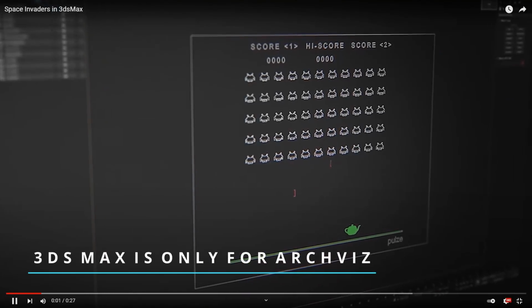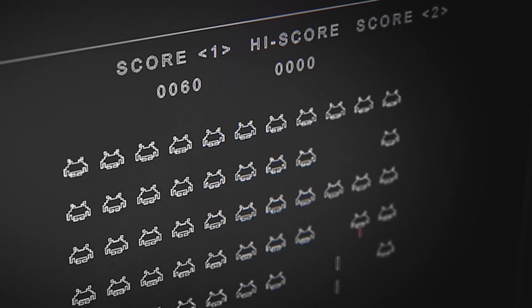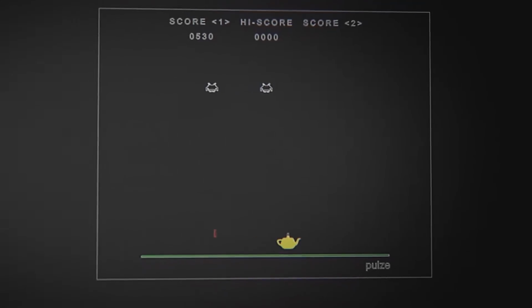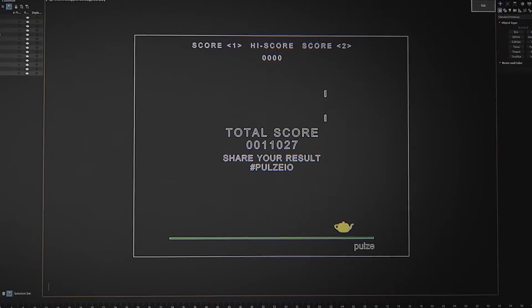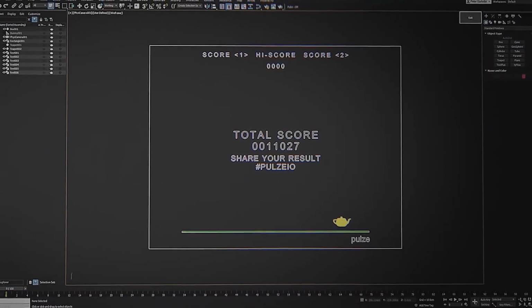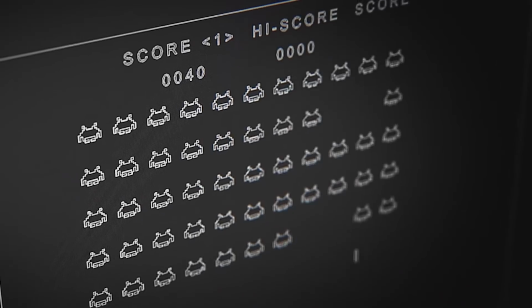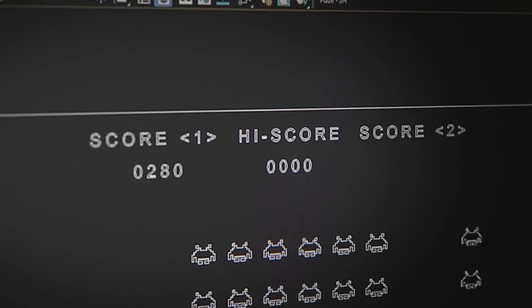And the 3ds Max is only for RGB segment today comes with something very interesting and totally different. It's a project from Peter Saridai, from Pulse Studio, and he recreates Space Invaders inside 3ds Max. It's a personal experiment of his to create a playable game inside the 3ds Max viewport, done to celebrate 3D December Day. You can download this game for free. You just drag and drop from your folder to the 3ds Max viewport and start killing some aliens. You can share your score on the webpage of Pulse.